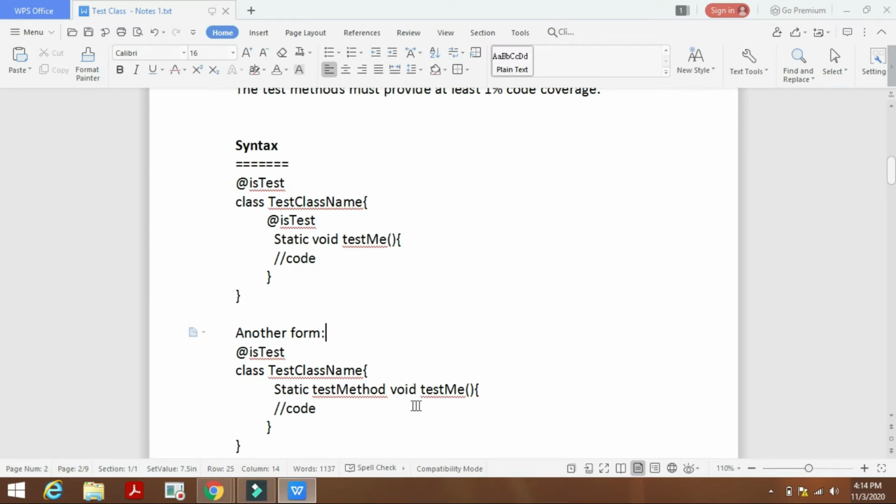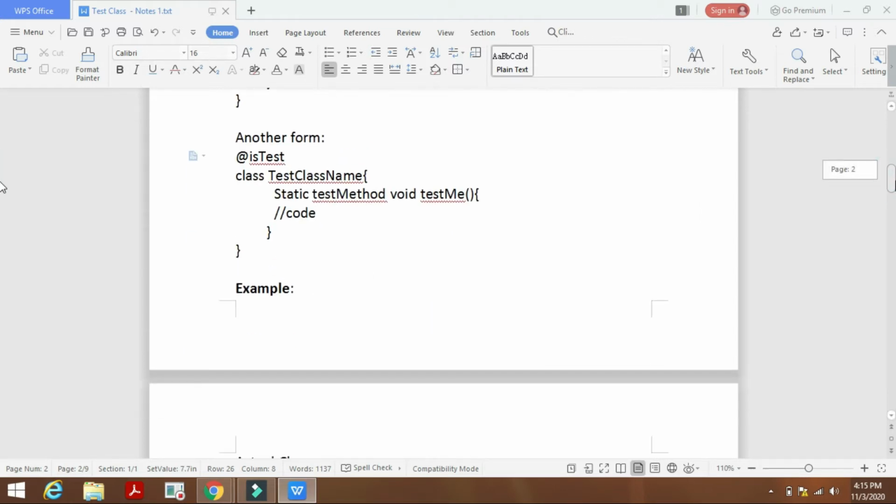In this static method, after the void keyword, we give the test method name after the static keyword, and in the previous syntax we do not give the test method name, and we use the @isTest annotation only once. So normally you can use whichever syntax you want.